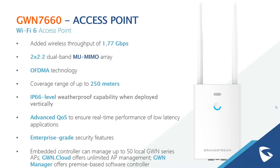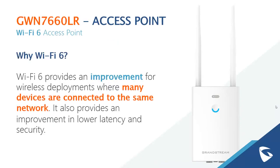And like all of our Wi-Fi access points, it does have an embedded controller which can manage up to 50 local GWN series access points. But of course, it is supported by GWN Cloud, our free cloud service that offers unlimited access point management. We also have GWN Manager, which is our on-premise solution. We'll be talking about these two solutions shortly. But to continue talking about the GWN7660LR access point,